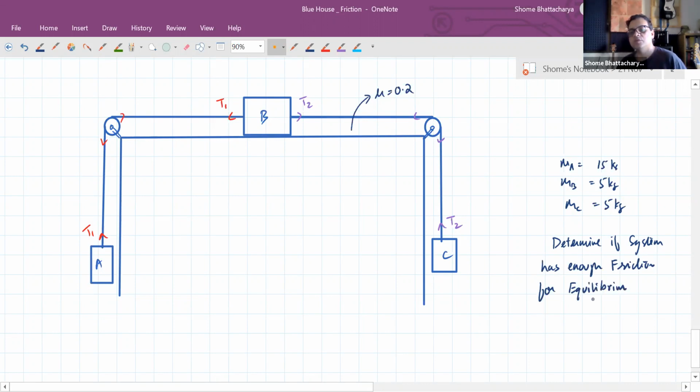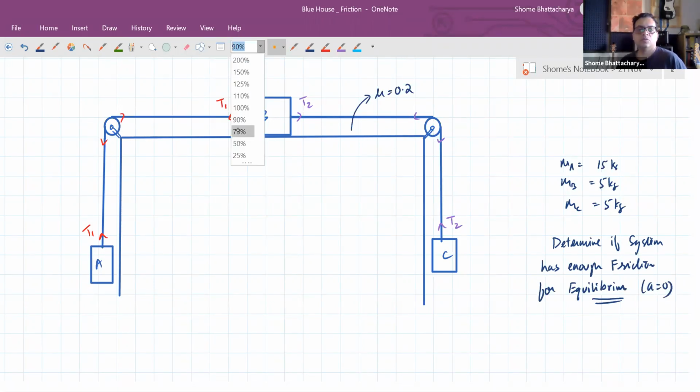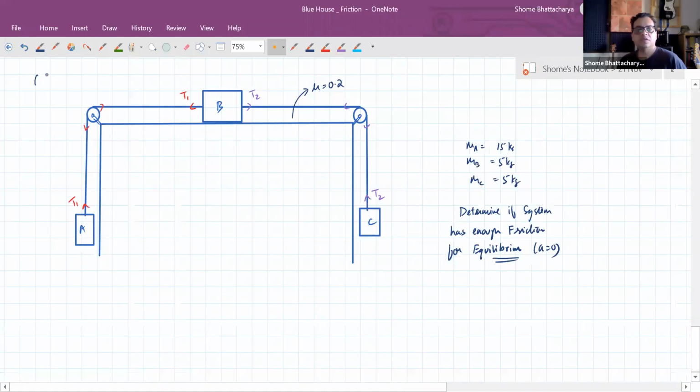This thing is important. We need to find out whether the acceleration is zero or not. So in most problems of friction, if there's a question mark on whether the system is in equilibrium or not, or whether the object is slipping or not, you always start with the assumption of no slipping and justify the assumption. So no slipping condition, if acceleration is zero, so from A's free body diagram you can